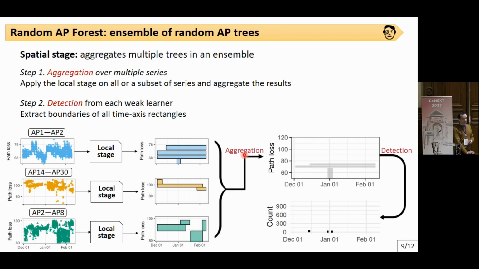So there is this aggregation stage. First we took this first rectangle here in blue. We get those rectangles from which we extract the boundaries. So here there is 1, 2, and 3. So we give a count of 1. So these are the detected changes. So we have here 3 detected changes. We can continue with the second one, which will give 3 additional changes. And we continue with the third one, and possibly with all the access point pairs that give those rectangles and those counts. So here we simply took the time axis of those rectangles to derive those counts.